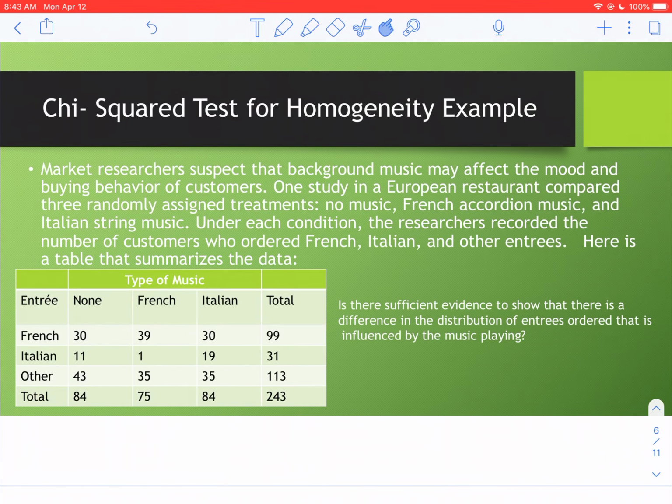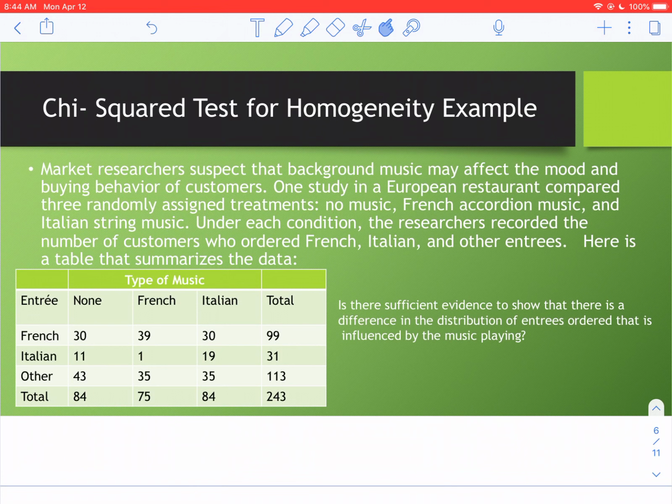Chi-squared test for homogeneity example. So, market researchers suspect that background music may affect the mood and buying behavior of customers. One study in a European restaurant compared three randomly assigned treatments. They either had no music, French accordion music, or Italian string music. Under each condition, the researchers recorded the number of customers who ordered French, Italian, and other entrees for dinner. Here's a table that summarizes the